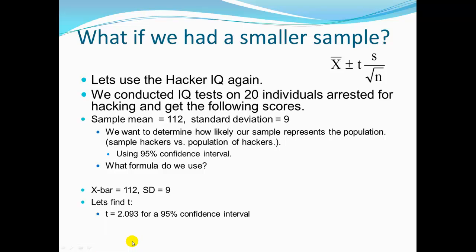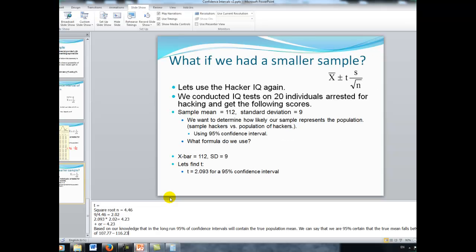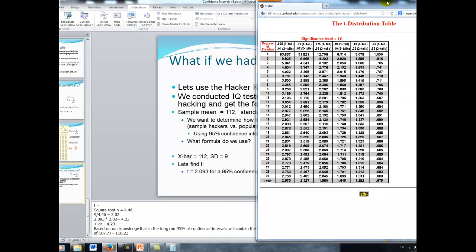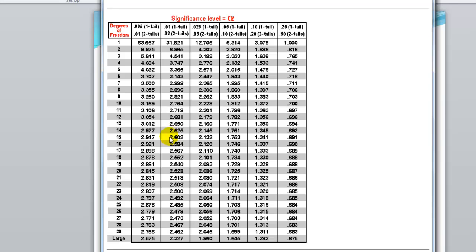The big difference is that we have to find that t value by looking at our t table, which we saw in our last video, used for a different purpose. But let's pull that up again. As you can see, here's our t table. We have a sample of 20, and since this is technically two-tailed, we go over and find two-tailed, 0.05. 2.086 is what our value would be for that.